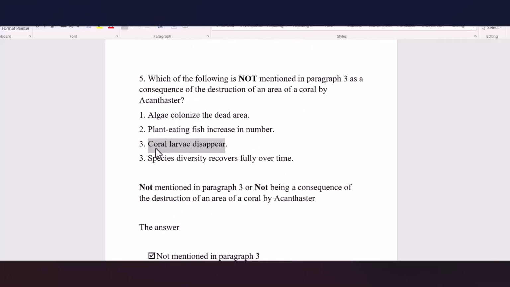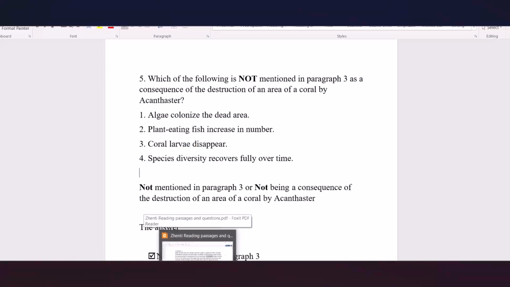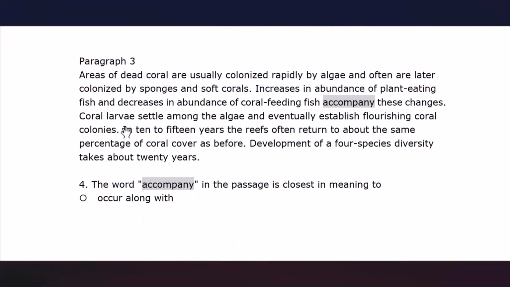So it is our answer, but in order to make sure that we have checked every option, we check the fourth option. Species diversity recovers fully over time. Unlike the verbs in the other three options, this verb conforms to the singular subject of species diversity. All right, back to paragraph 3 to check this option. In the last two sentences, we have information about